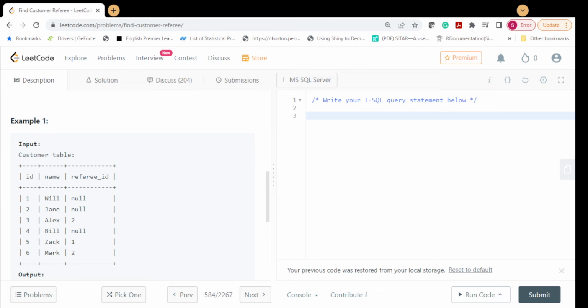Okay, so we just need the name of the customer. So select name from table customer, where what you need to check, referee ID is not 2. That means you can use this symbol to show is not 2,